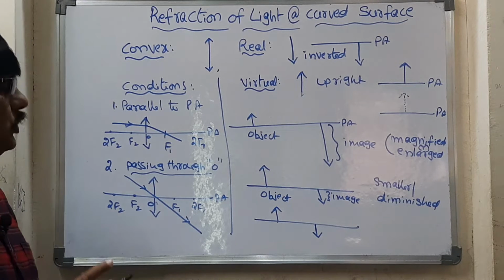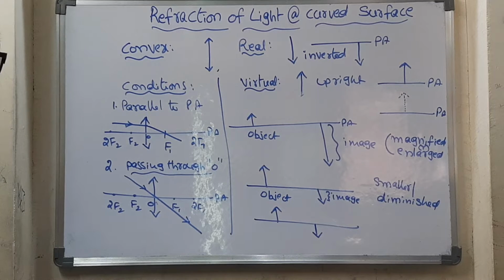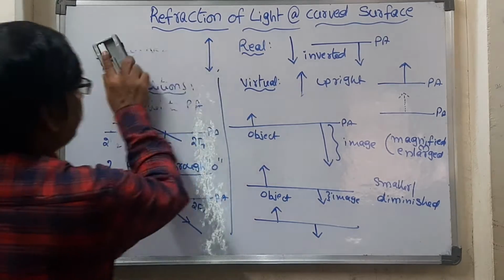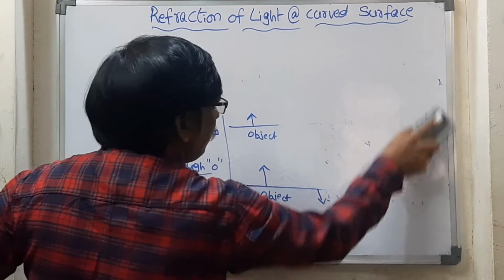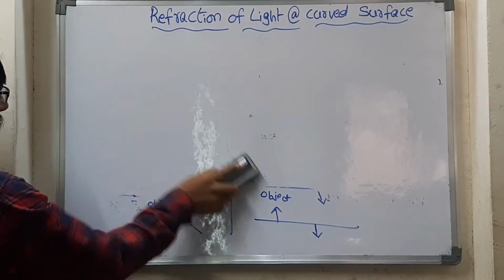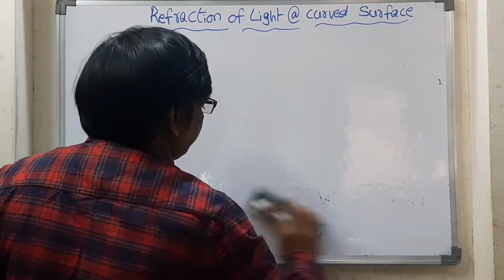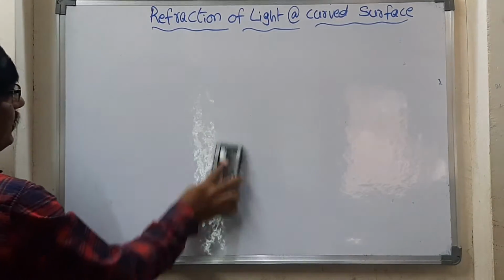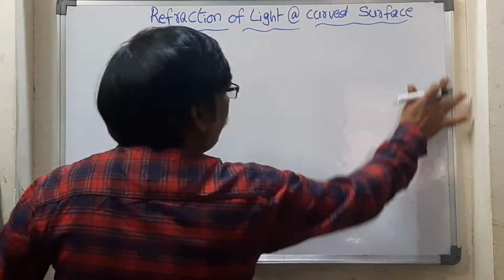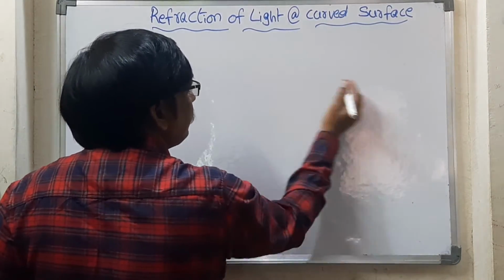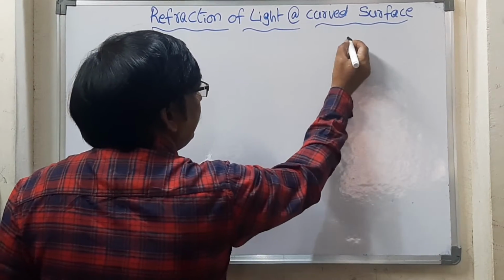Now let us see what the situations and conditions are, all those things we will see, okay. If you want, you can take a screenshot, because these are the extreme minimum basics you must know before drawing the ray diagrams. And now let us start drawing the ray diagrams. What ray diagrams can we draw? Let us see. The first thing is the different situations. Let us discuss that. First of all, what are the situations we will see first.